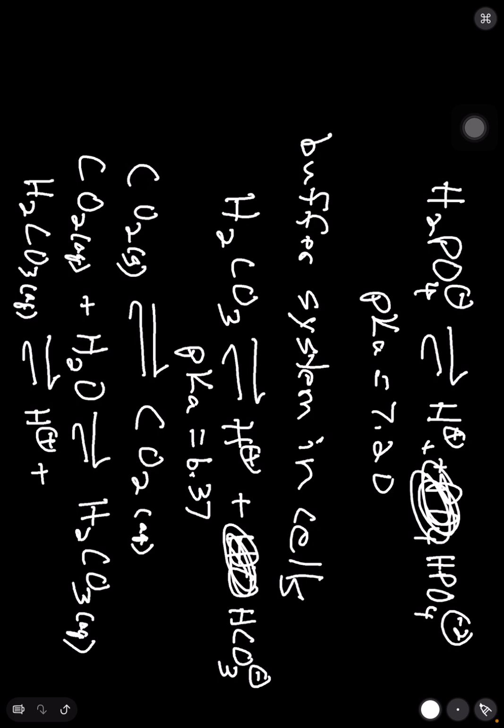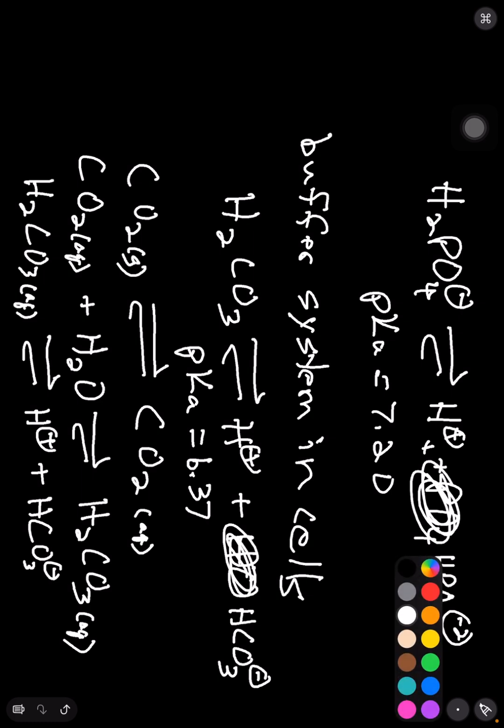I have decompose on the brain today for some reason. Dissociate into H plus and bicarbonate. All right, so when you have this carbonic buffer system already present within your bloodstream, and since your bloodstream is consistently taking in and getting rid of carbon dioxide, this system provides a means for handling that. All right? Because